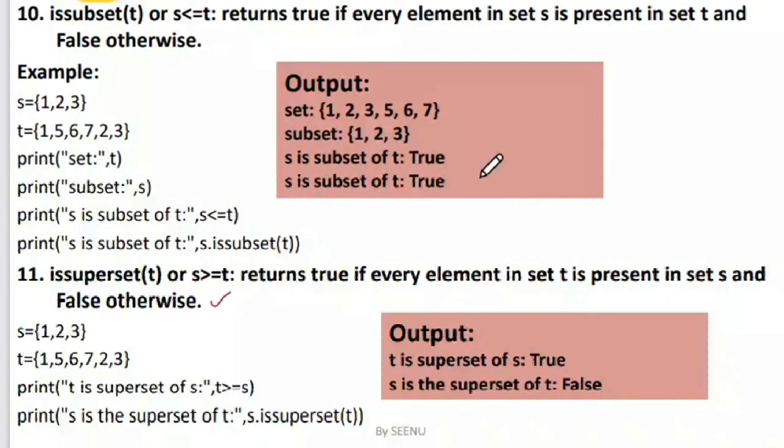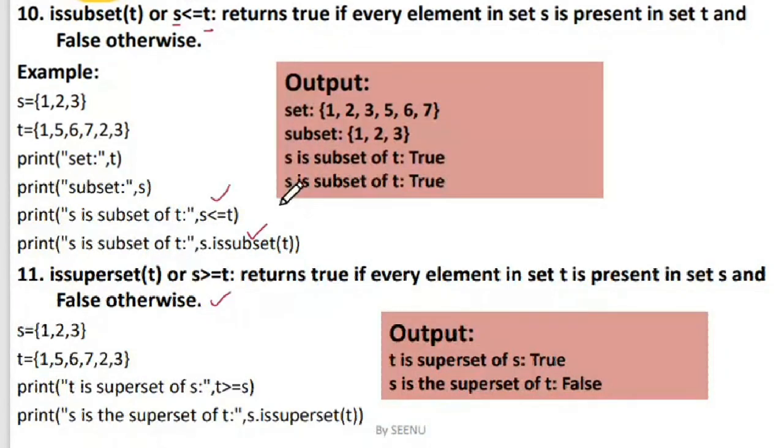There are two sets here. S is the first set and the next one is the other set. S and T here are the sets. I want to compare whether S is a subset of T, and here I'm saying whether S is the superset of T. I can use the is subset method, or I can also use this comparison operation. Anything is correct. You can put anything in the program.